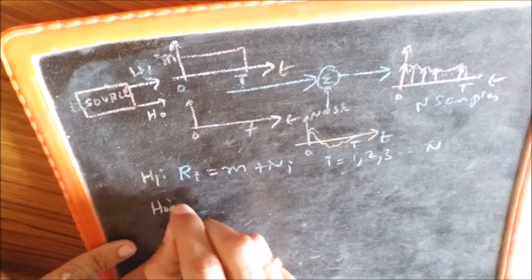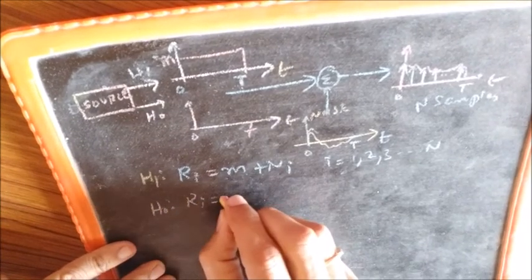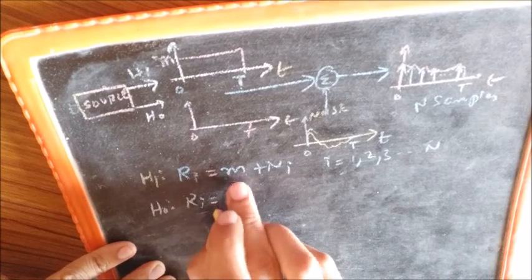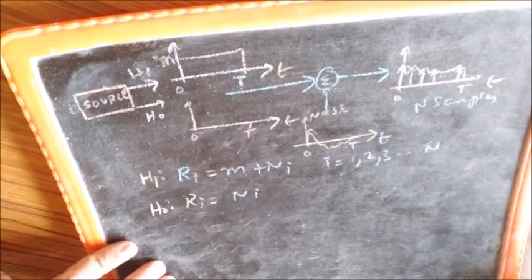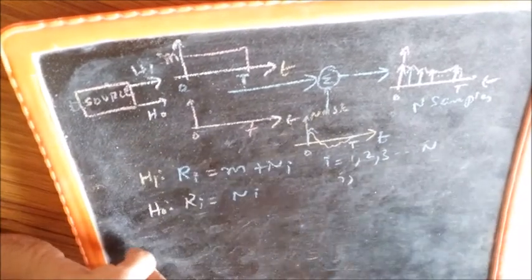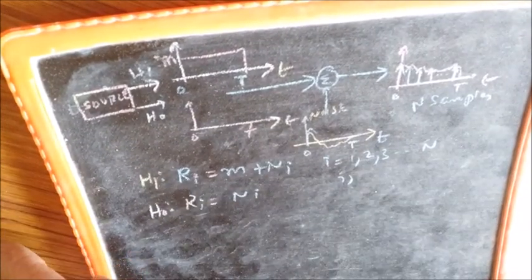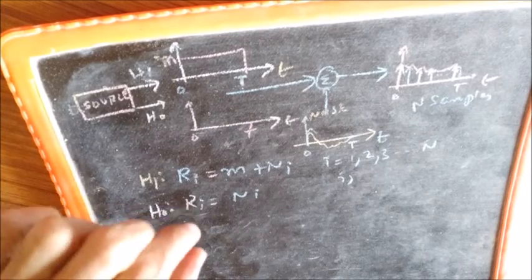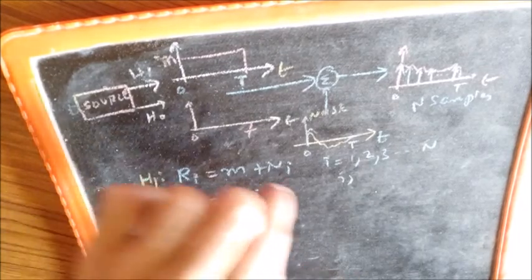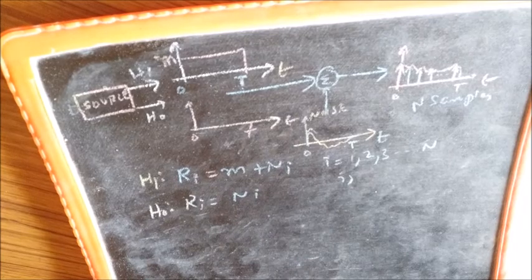And if H0 is the true hypothesis, then m will not be there, because whenever H0 is there, it is just switched off, so you receive only noise samples. Again, i is 1, 2, 3 up to n. So this is what you have with you. From these n values of R_i, you have to detect which is the true hypothesis. So let's develop the decision rule.